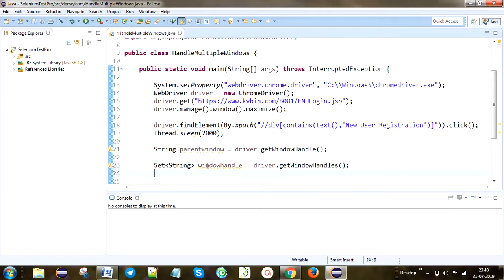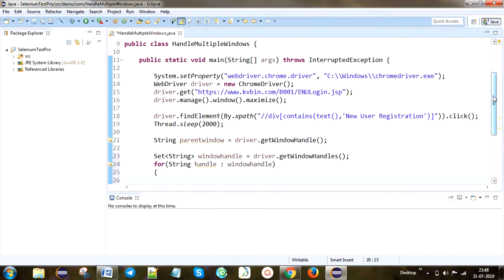After that, I'm going to iterate one by one, which is I'm going to handle one by one window. For that reason I'm going to use for each. For that I'm going to use String, I'm going to create one object handle, assign it into window handle. Got it?